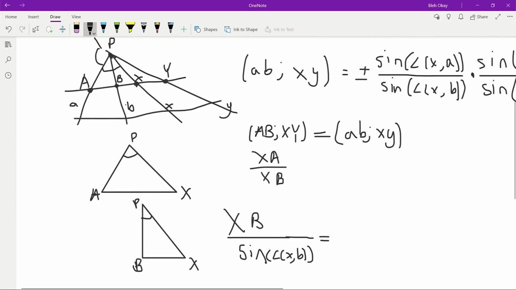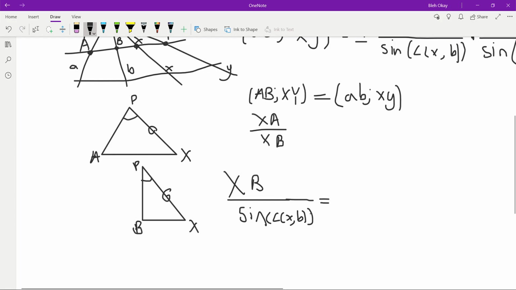But we see that these two triangles share a common side, so it'll be most useful for us to use that side length. So XB over the sine of the angle from X to B is equal to PX divided by the sine of the angle PBX, okay,